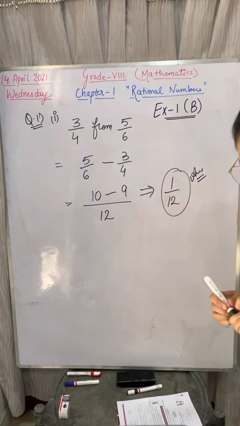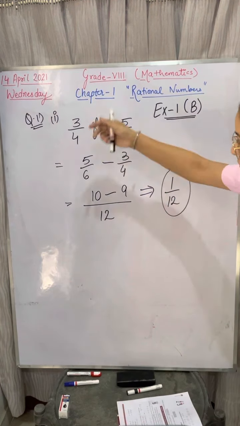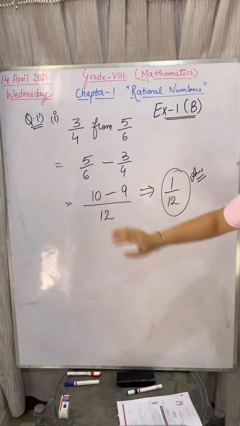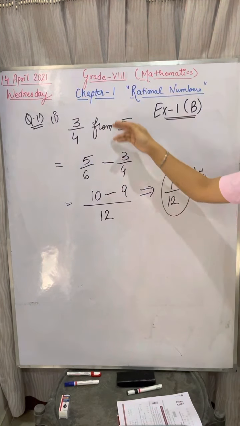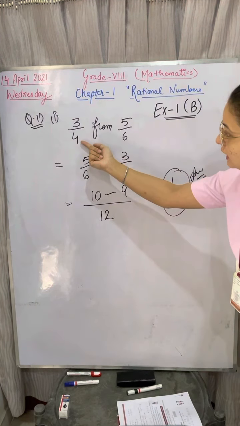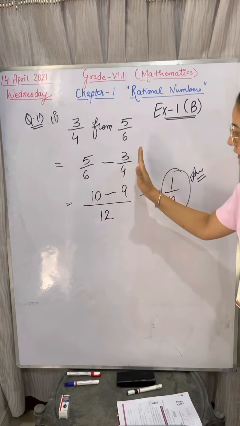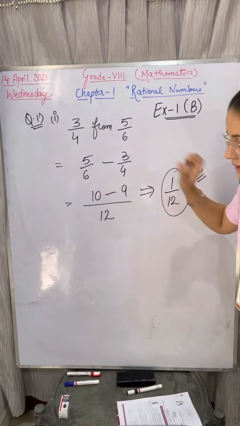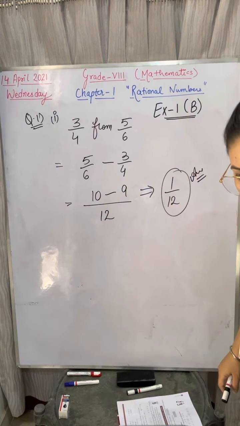Any doubt in this question? Yeah, okay, Nirav. Please let me know if any doubt is there. How ma'am has done the subtraction, how ma'am has written this here and this here. Whenever you have to subtract anything from any number or rational number, that will go after this number. You write this first and then this, and put a minus sign in between.